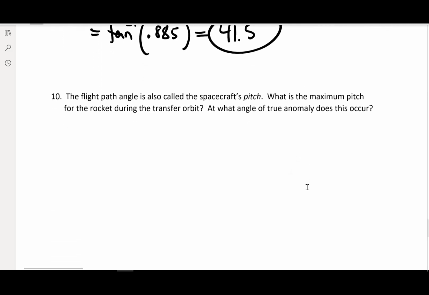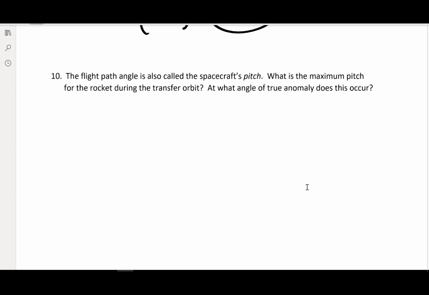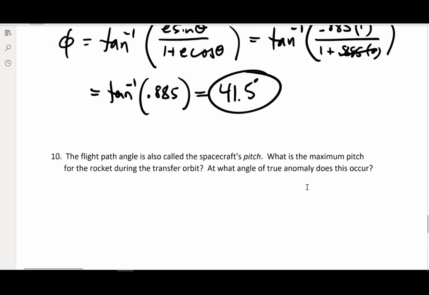And let's do this one, number 10, while we're here. So flight path angle is also called the pitch. So you can see that in the nav ball in Kerbal Space Program. You can see what the pitch is. And it says, what's the maximum pitch for the rocket during that whole transfer orbit? And at what angle of true anomaly does this occur? Well, what we're going to do is we've got